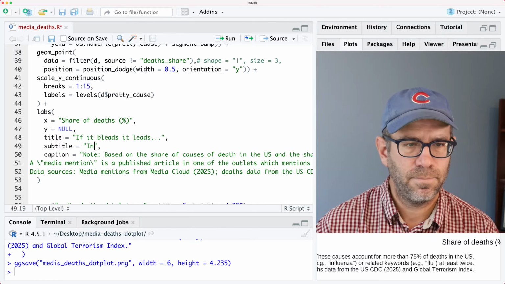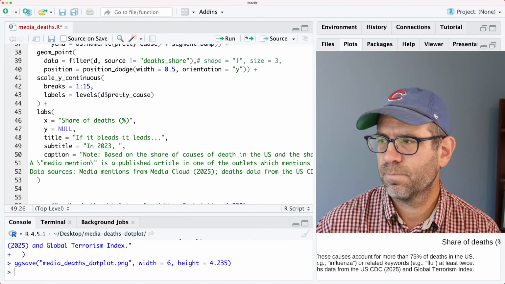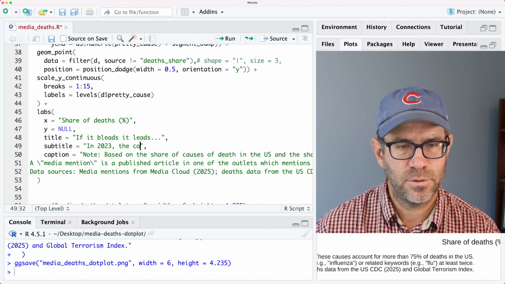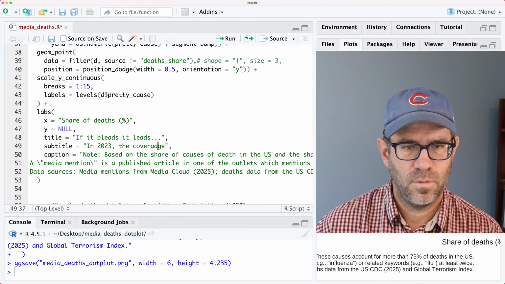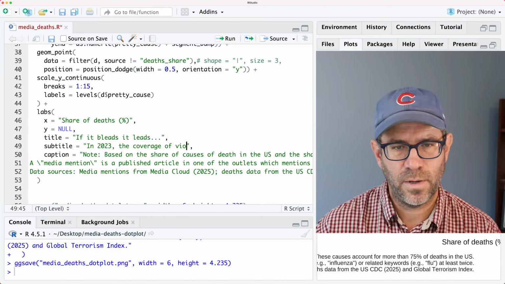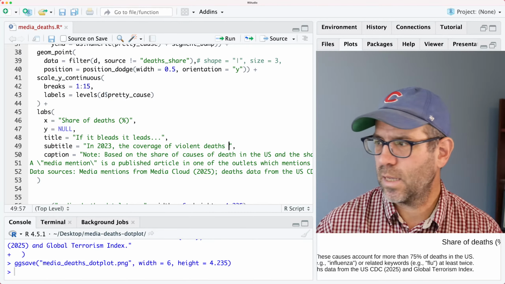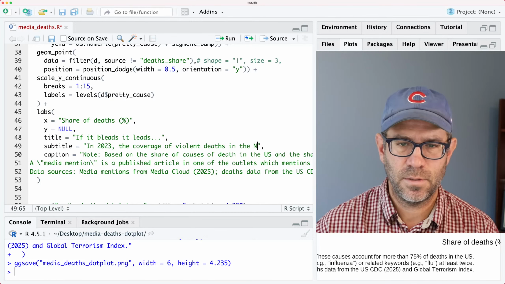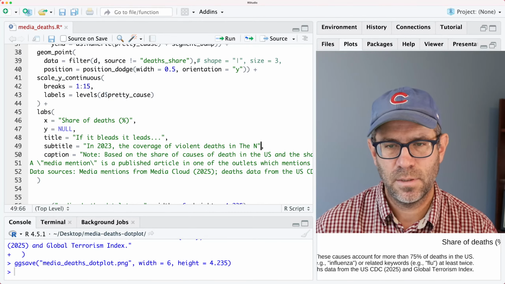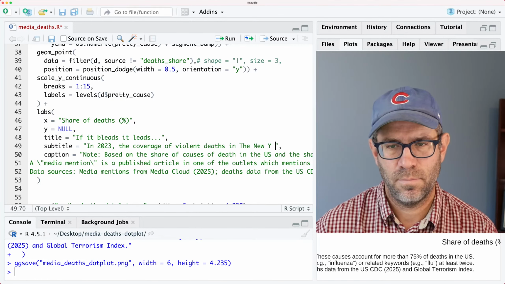And then I'll say in 2023, the coverage of violent deaths in the New York, I think that T should be capitalized, the New York